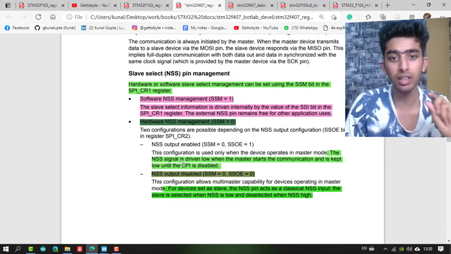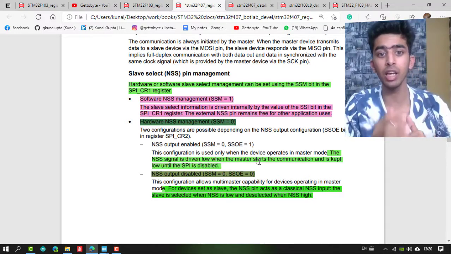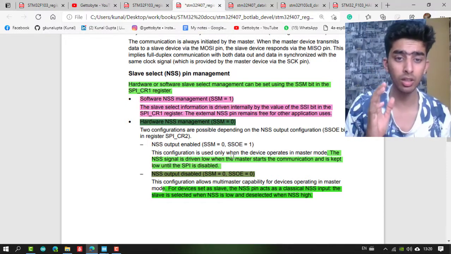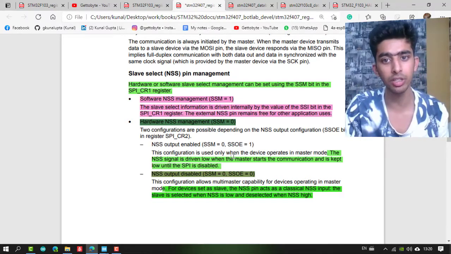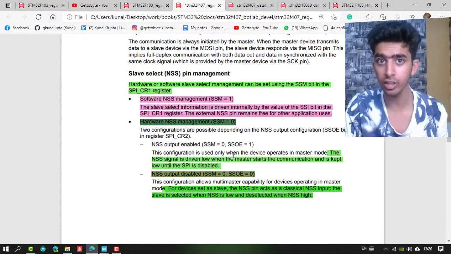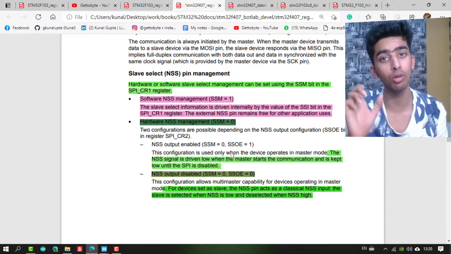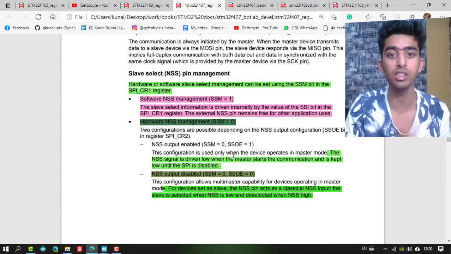In output enabled, the NSS signal is kept driven low when the master starts the communication and is kept low until the SPI is disabled. That is, the NSS pin is kept low to start our SPI communication, and when we want to end it, we simply disable the SPI peripheral of our STM32 microcontroller. We do not set the NSS pin high.